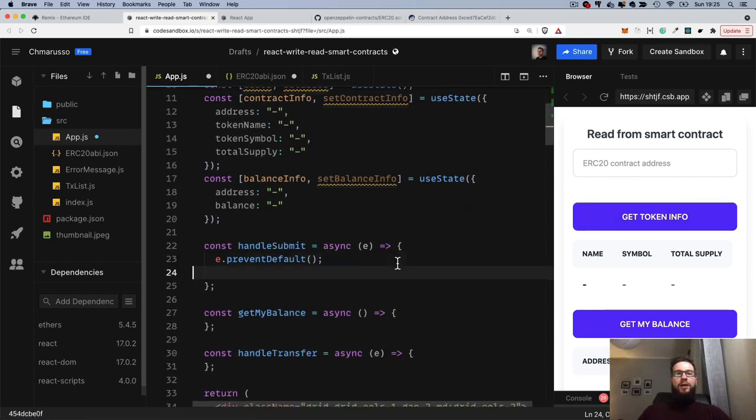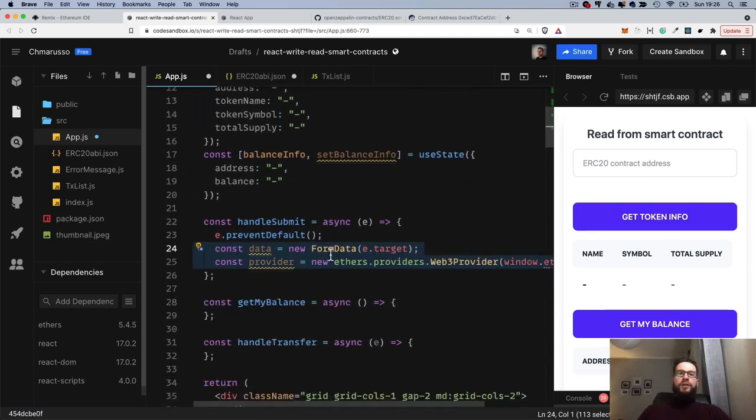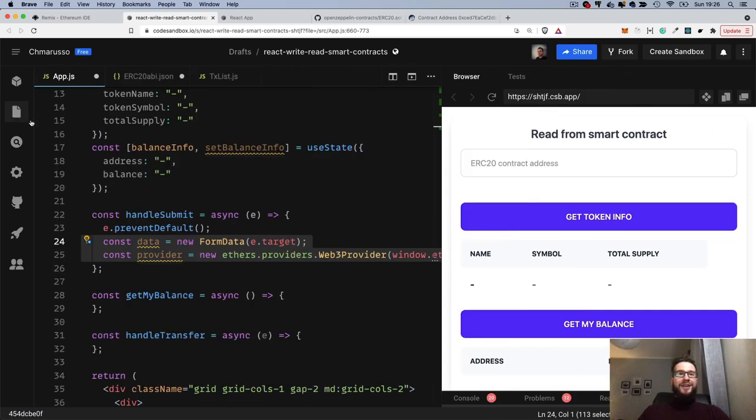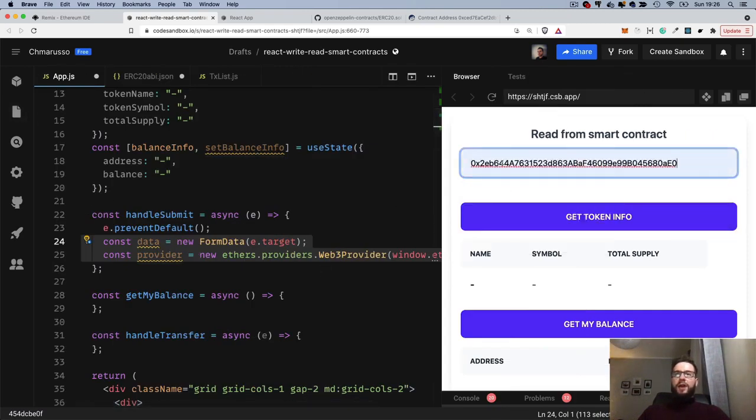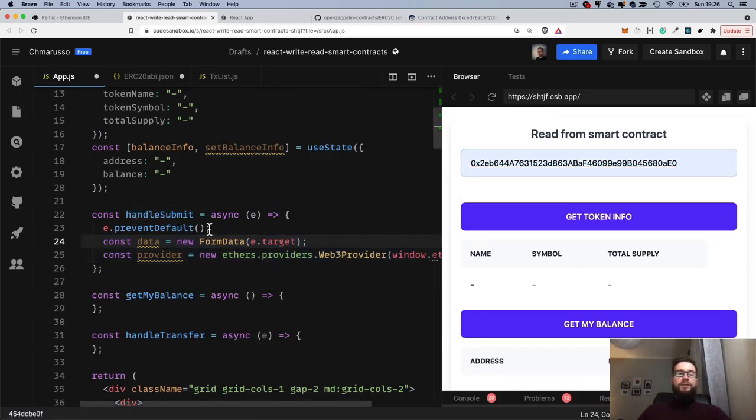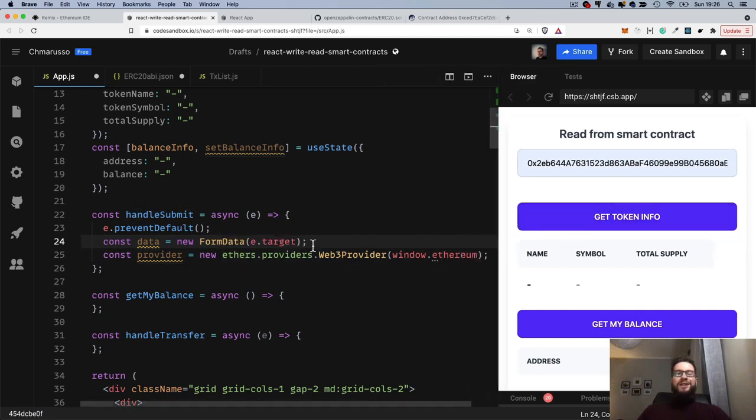So let's see what we have here. First of all, of course, we need to take the data from our form. Here we can type some address and we need to take it. We have the handleSubmit function that is called after clicking on this button. And here we also have to get access to the provider. The provider we can get out of window.ethereum. Whenever somebody has MetaMask installed, we have this object here, and we have to pass it to